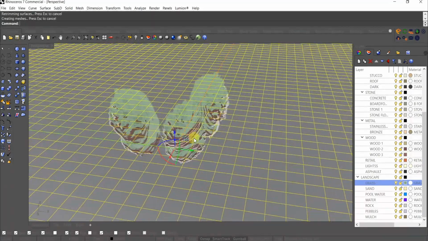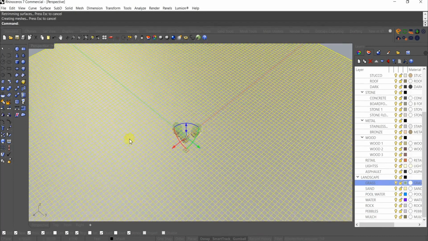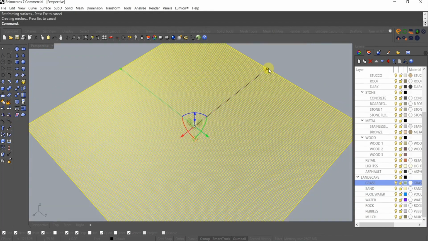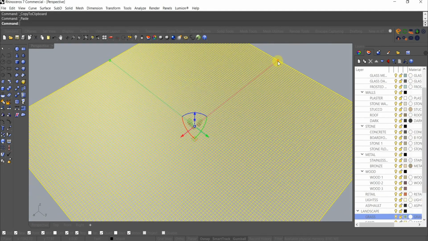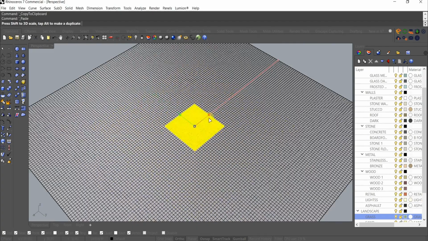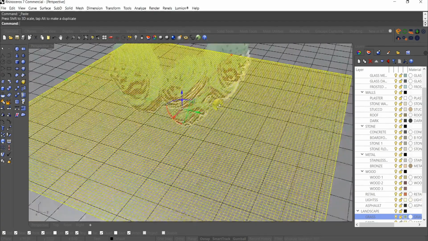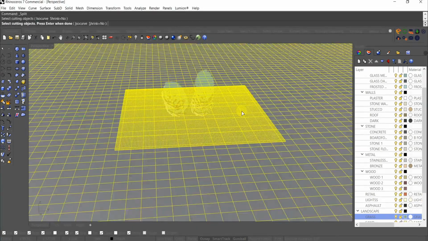I'm going to copy and paste it down. Okay, and then I'm going to bring this in a little bit further. And then I'm just going to split the outside surface from the inside. It'll still be the same landscape, but I just want to maybe add a couple little water features in here that maybe we'll have some waterfalls coming out of. Okay, I'm going to turn my points on, go to our select tab, use the brush,